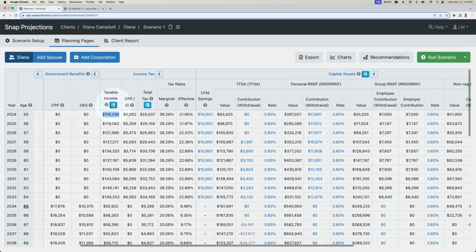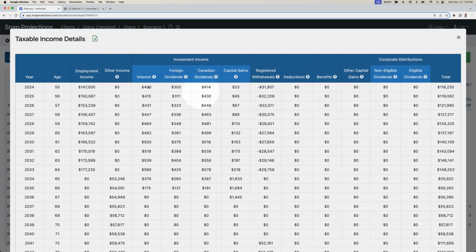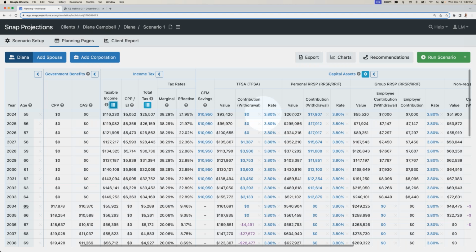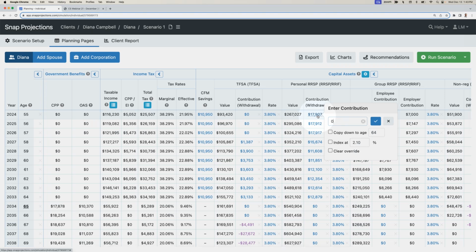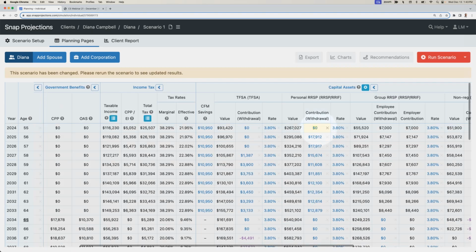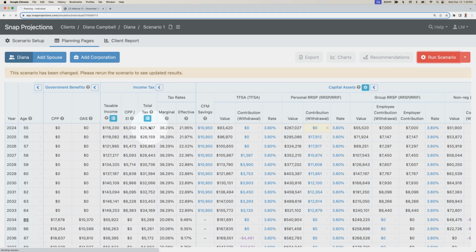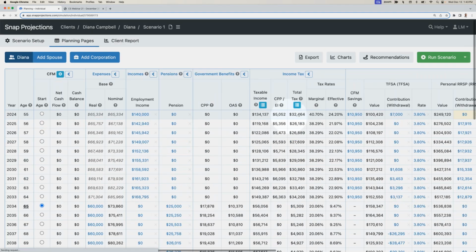Right now, as it currently stands, if I click on taxable income details, I can see my employment income and I can see all of the registered contributions that are reducing that taxable income and arriving at the 116,000 figure. So as of right now, including the contribution, my tax bill is 25,500. But if I tell SNAP I don't want to make an RSP contribution by entering a 0, this total tax figure for the first year is going to increase. So now we're paying